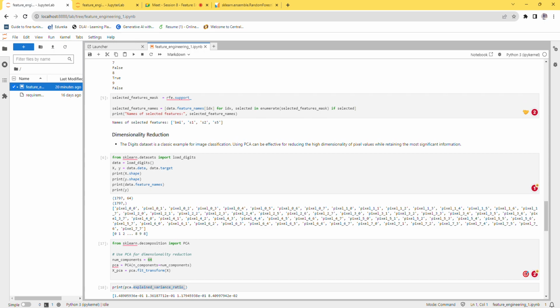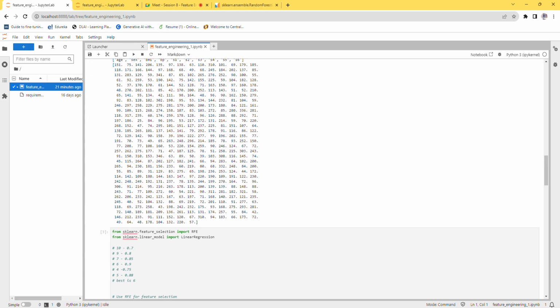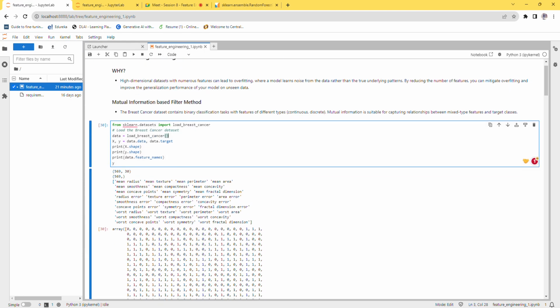Like if you want to explain it to your client or someone, in the sense that my algorithm is predicting something as 1, something as 0, because these features are important. It is treating these features as very important, that is why it is predicting this. But if you are using PCA, you will never be able to explain it to anyone. You can say that I have transformed the data, but you cannot say because of which feature the data got transformed to these things. So if you want to understand which features are important, I think these are the techniques: mutual information,